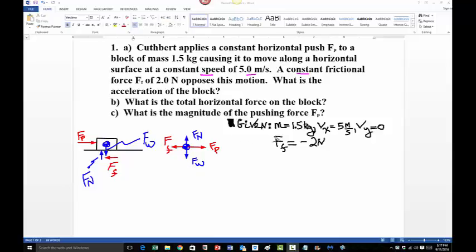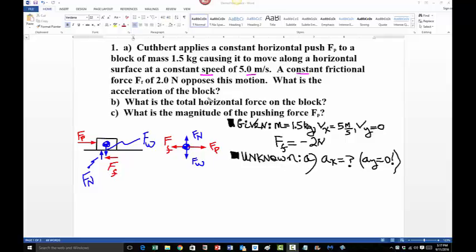The givens: the mass is 1.5 kilograms. That's a scalar. Velocity is a vector, so we must denote both the x and y components. V sub x is 5 meters per second. However, since this is a horizontal surface, V sub y, the velocity in the y direction, is 0. The block is not moving upwards or downwards. The frictional force, F sub F, has a direction that is in the negative x-axis direction. That means it is negative 2 newtons. The unknown for part A: